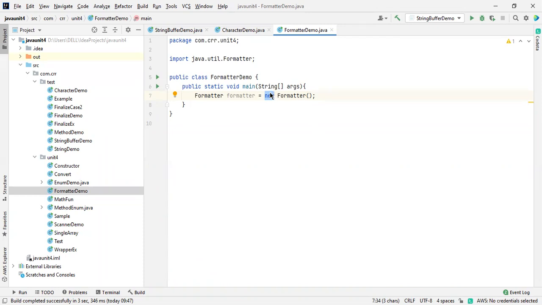Before that, after compilation, we get bytecodes. We all know about that. After that, the class loader loads the bytecodes into the Java virtual machine, and there is a memory organization by the JVM according to the situation. Each and every method will be arranged inside the method area. After that, we have the heap area, where objects will be created based on the new keyword. This is all about the JVM.